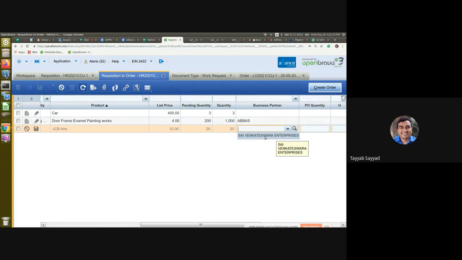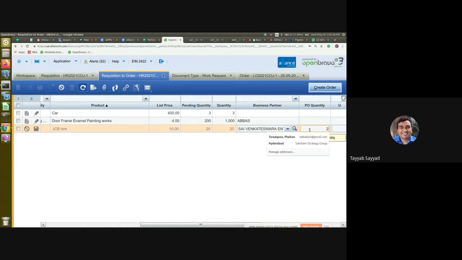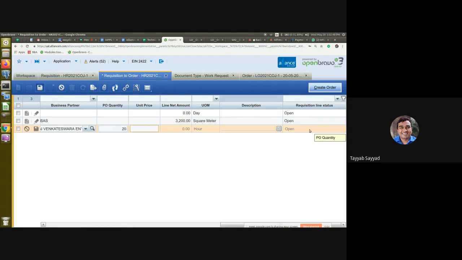I'll take Sri Venkateshwara Enterprises as the business partner, and for car, I'll take Ganesh Electric. I don't think it is relevant. So I'll create the JCB hire from Sri Venkatesh price. I'll take the 20 quantity. I'll take the unit price as a